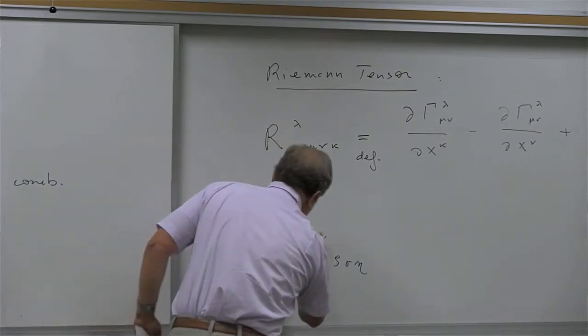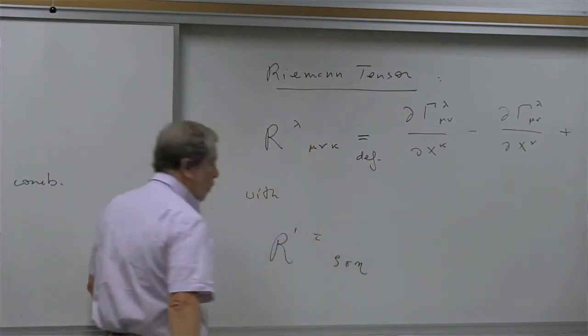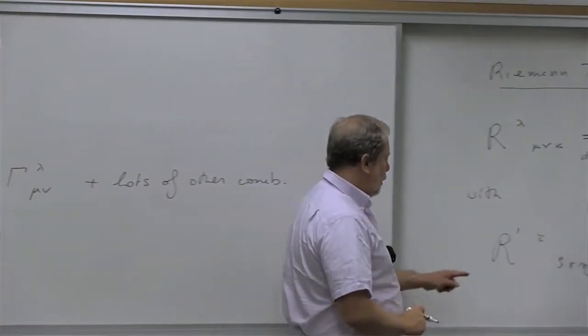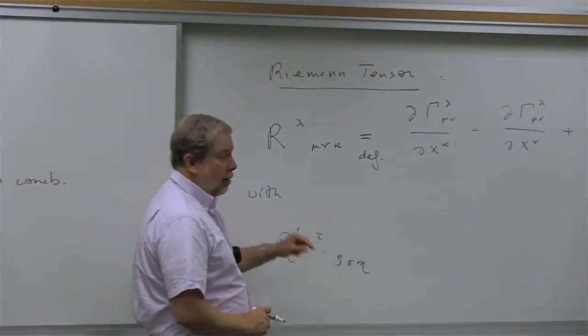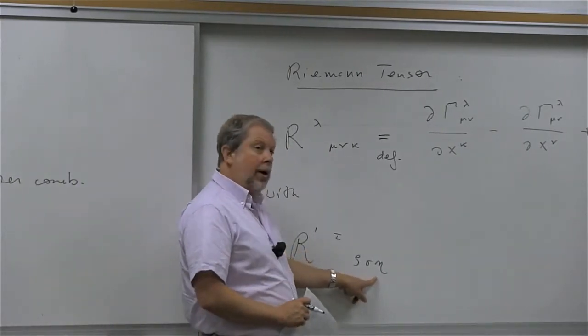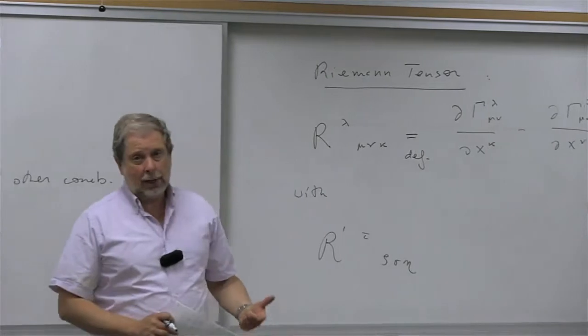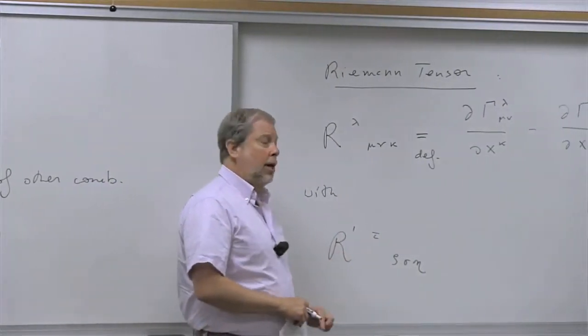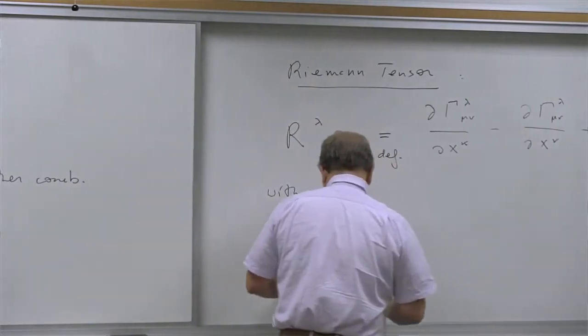This is supposed to be a tau, right? So this transforms as a genuine 4-index object, which is covariant in these lower indices and contravariant in the upper one. Now remember, whenever you have the lower indices, it transforms according to dx by dx prime. When you have the upper index, it transforms according to dx prime by dx. So this is equal to,